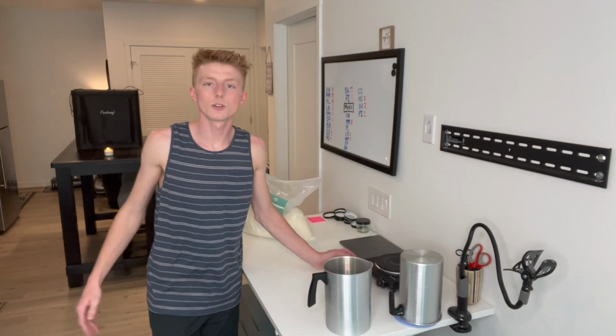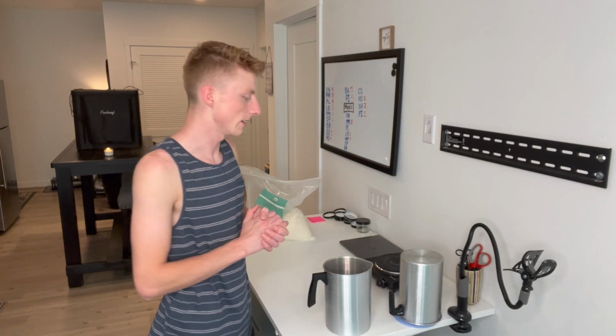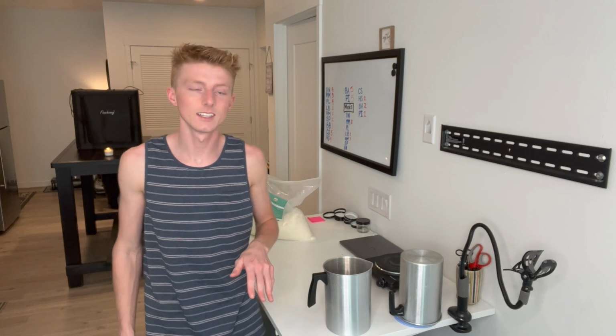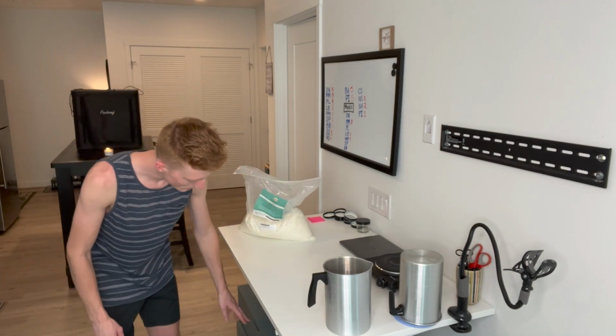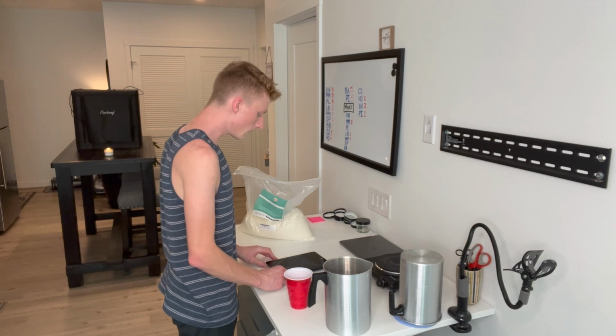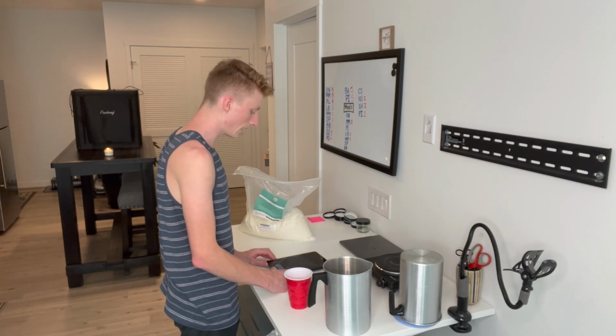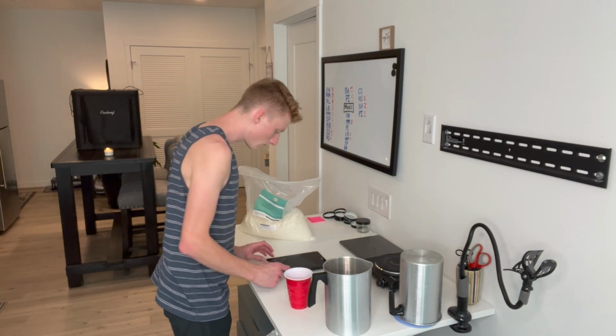So we're gonna be making birthday batter today. Now, recently, I just discovered a more efficient way to make these candles. So I can actually make 3 of my large candles and 2 of my mini candles at once. So let me show you guys how I do this. So instead of measuring out 1 pound and 5 ounces of wax, I now measure out,